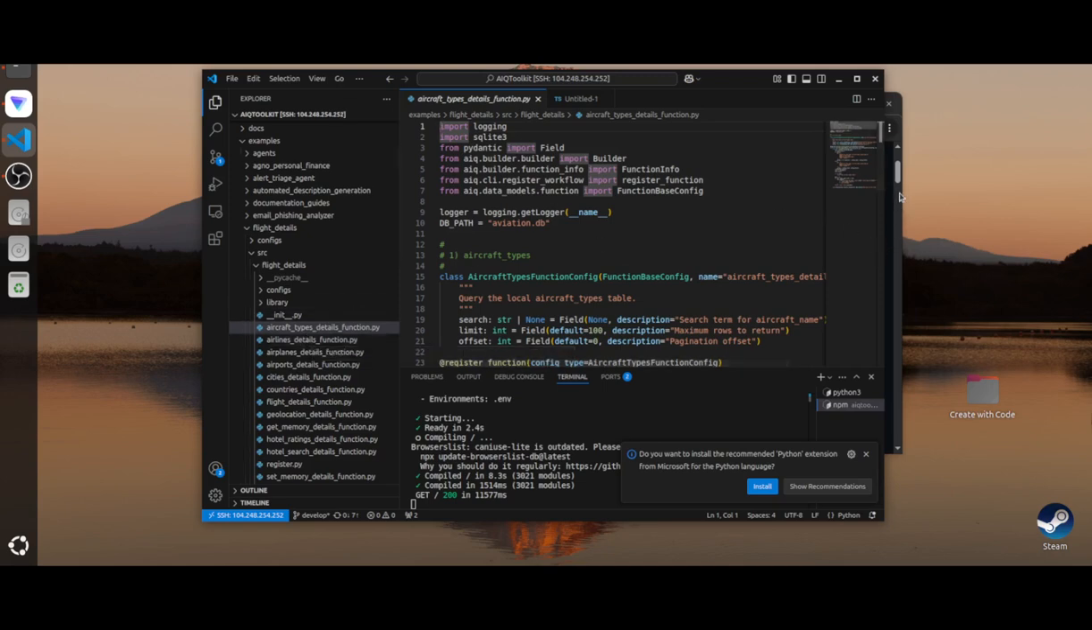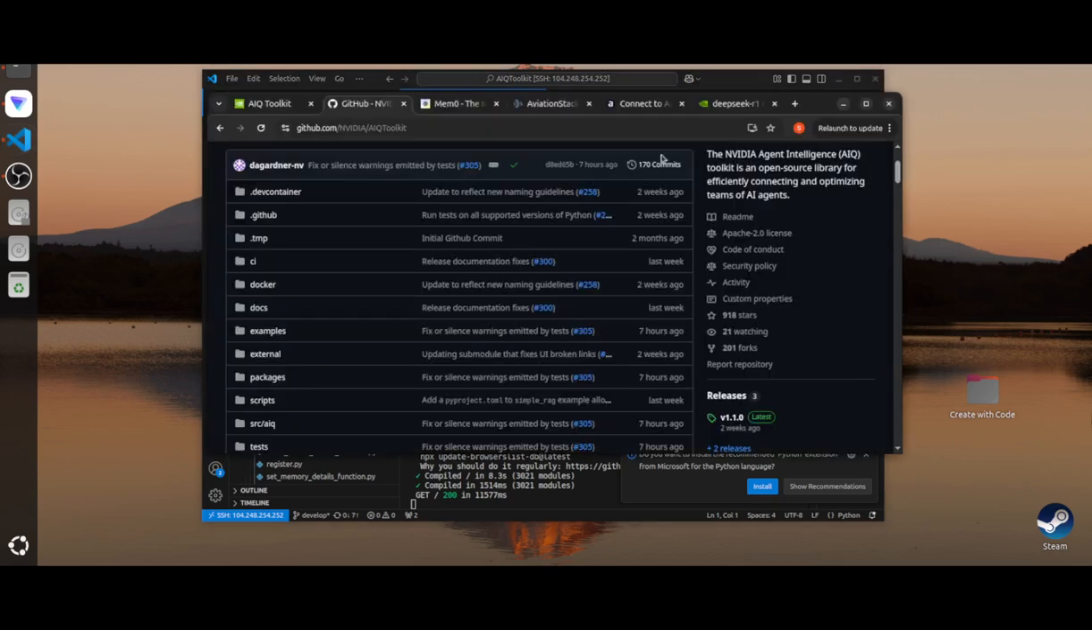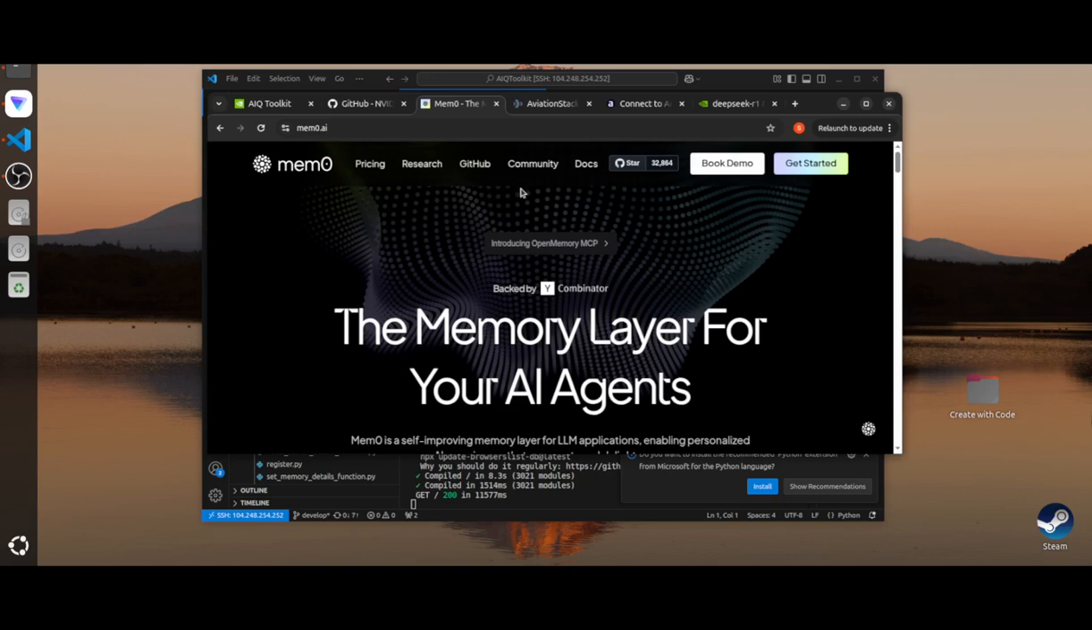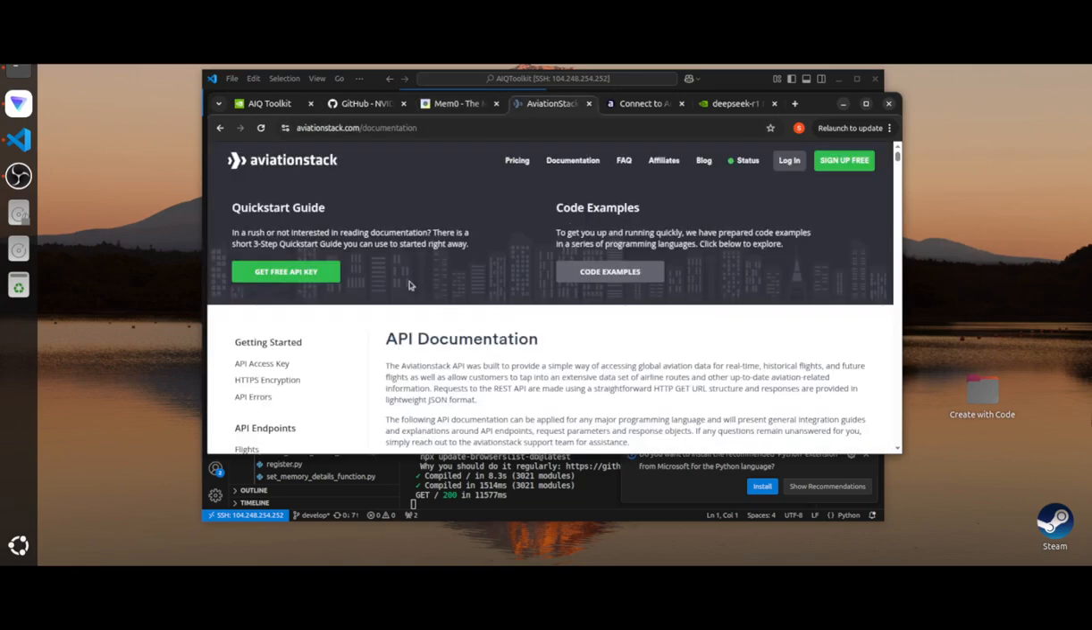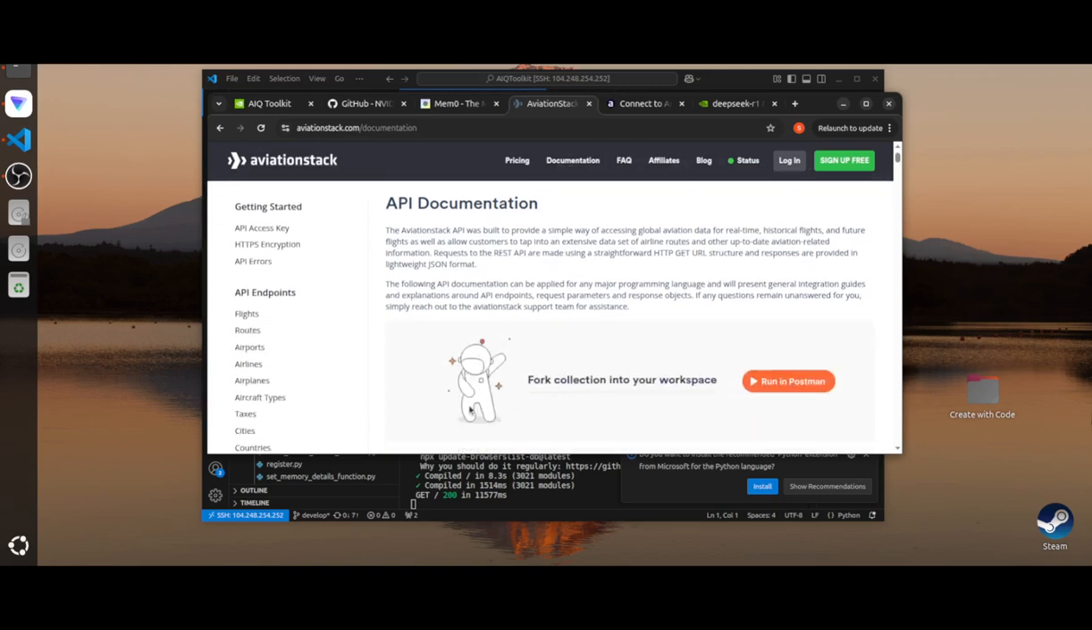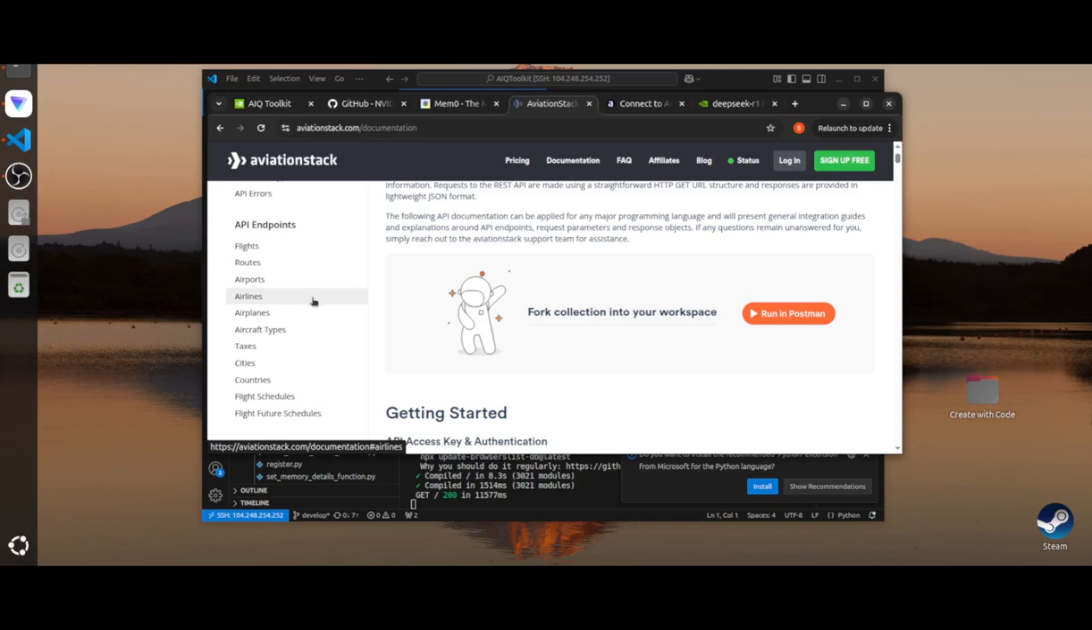I'll be talking about some of the sources from which I'm collecting this data. Particularly, I'm using mem0 for maintaining the memory. There is an API key which you can create very freely by getting started here. And Aviation Stack also provides you a free API key by making 100 API calls in a month or so. Due to this limitation, all this information I've collected and stored in a SQLite database, which can be queried very easily by the